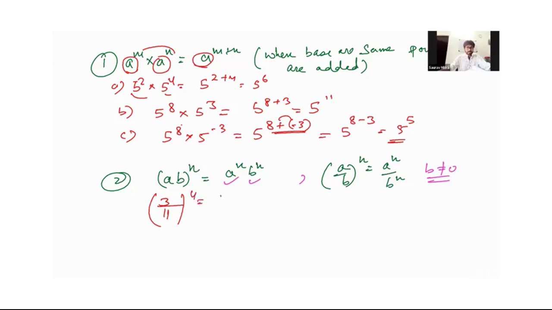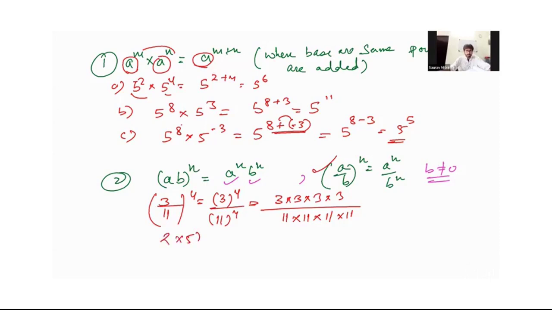So this will be written as 3 to the power 4 by 11 to the power 4, by this law. So this will be written as 3 into 3 into 3 into 3, and this will be written as 11 into 11 into 11 into 11. Okay. So this is the representation of this type of number. But if you have